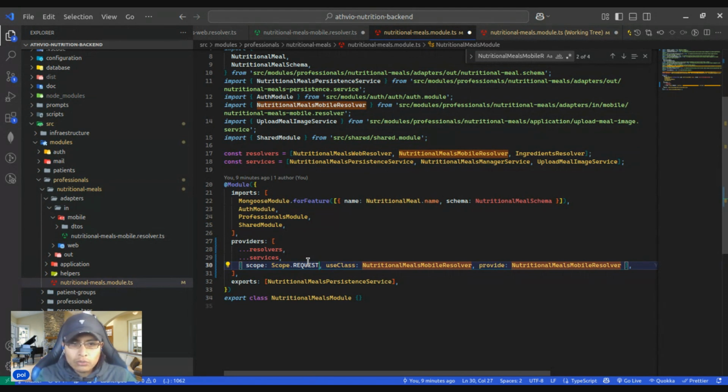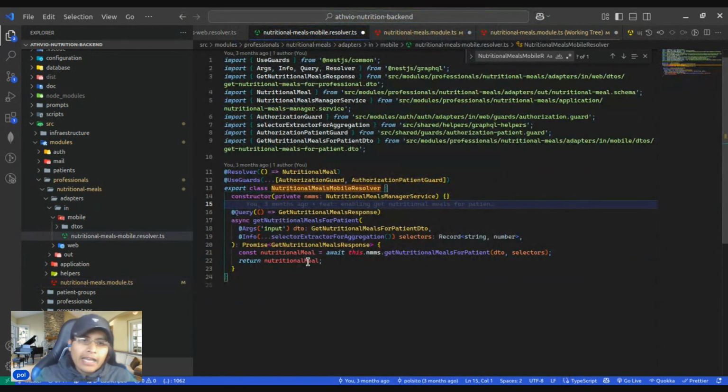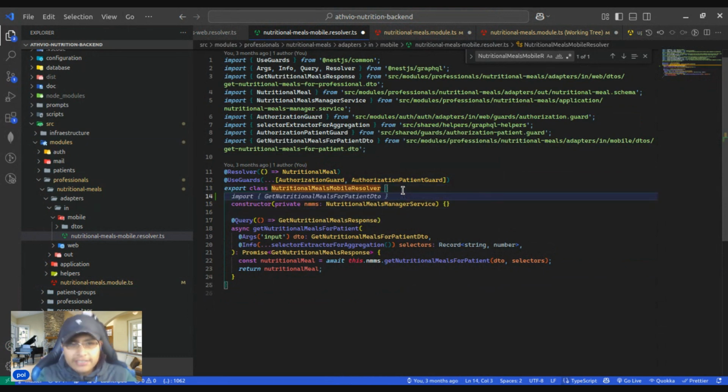So if you need it, not only your controller, not only your resolver, but every class that you create, Nestjs can create one instance for every request. That can be interesting if you manage, for instance, a state in your Nestjs server. But it is not recommendable to manage states in the Nestjs application. For instance,